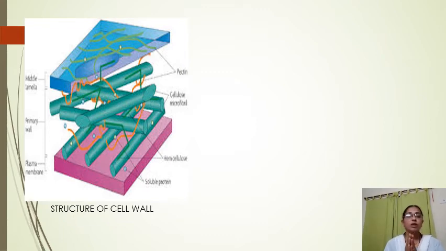What are these? These are thread-like substances. There are some soluble proteins, thread-like substances. There are some names given here. Okay, you could understand this. This cell wall is elastic in nature. Elastic means it can